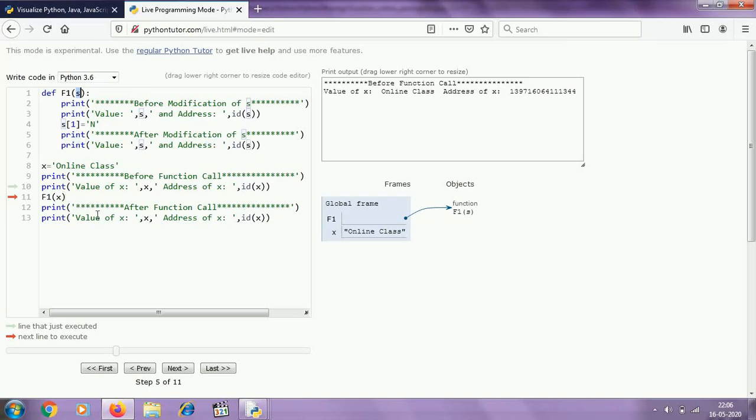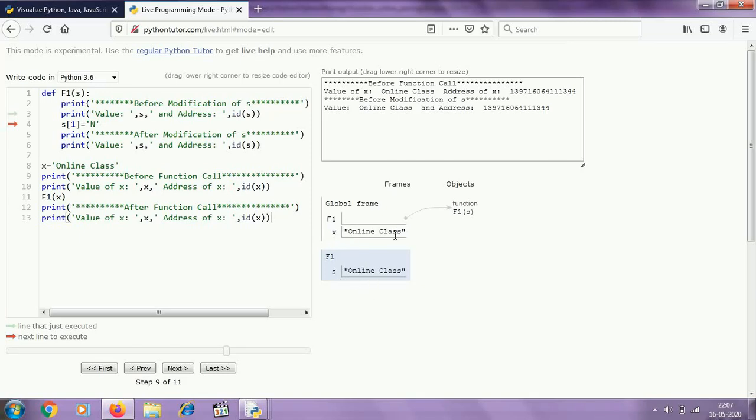That means x and s both will point to the string online class. So before modification we are going to check the value of s as well as the memory address of s, and you can see that the value is online class and the memory address is also the same as the memory address of x. That means x and s both are pointing to the same string.